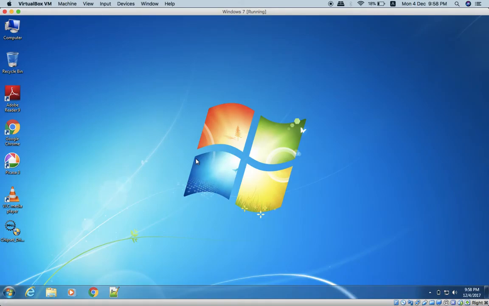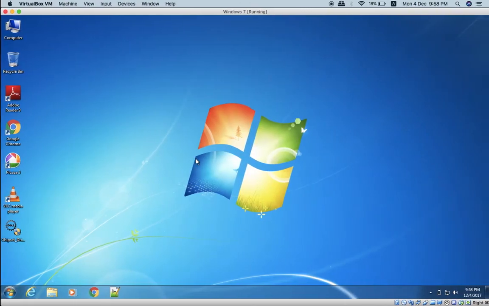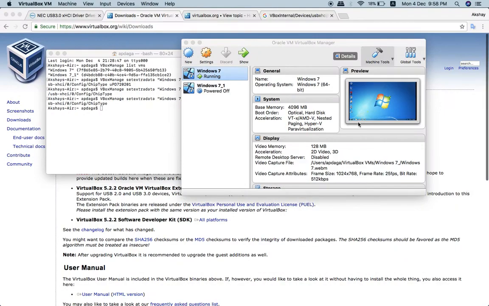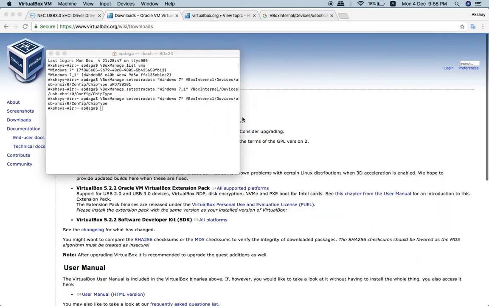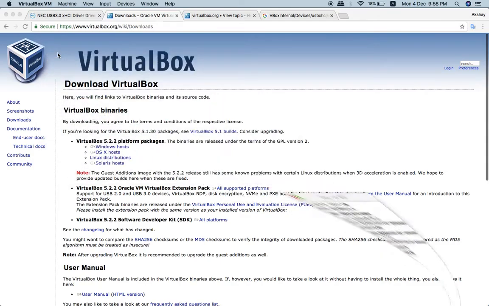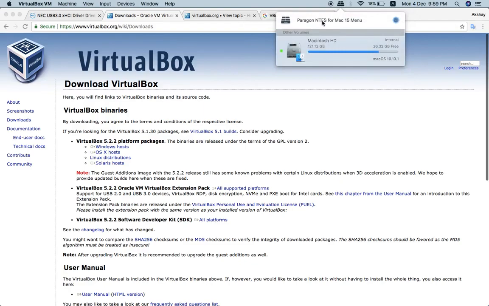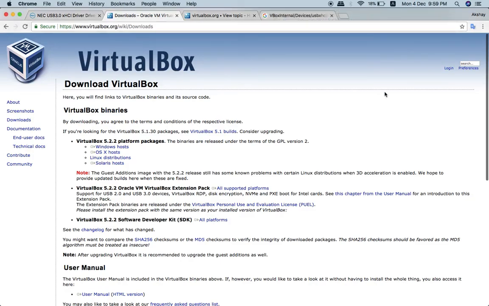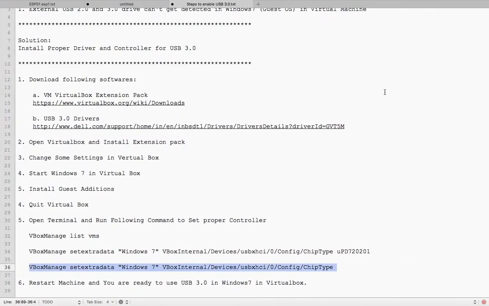And the best part of this is a must feature, since you know that most of the external devices are read only in Mac OS because of their file system type. It is NTFS, and NTFS has only read support in Mac OS. So if you want to write anything to that hard drive, either you have to install that paid software, this one, Paragon NTFS, which I am running on a trial period of 10 days. Otherwise you have to buy this, or the second option is just install Windows 7 inside VirtualBox and do these steps and you are ready to go.